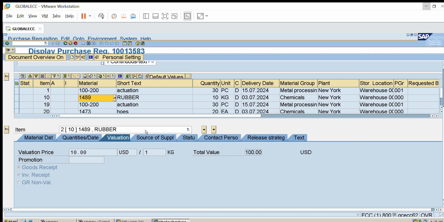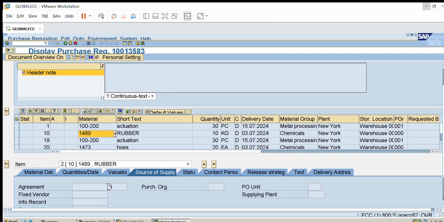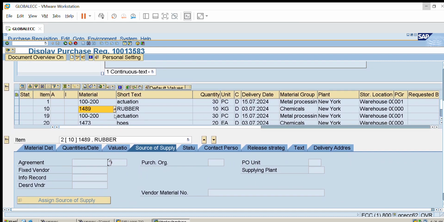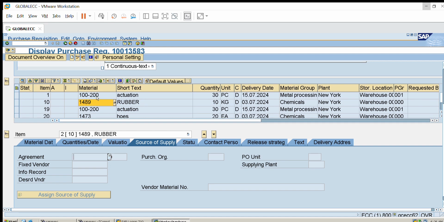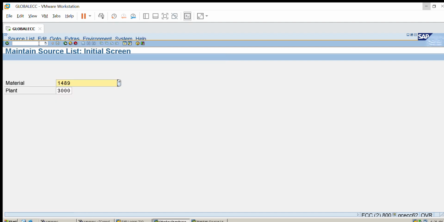Now coming to source of supply. As I told you, if you maintain any source of vendor, sometimes you need a specific supplier for this rubber. If you maintain that supplier vendor, then that will appear here. For example, I'm creating one source list. What is the T code? ME01, right? ME01 is the T code to create a source list. So for this material 1489 and plant,